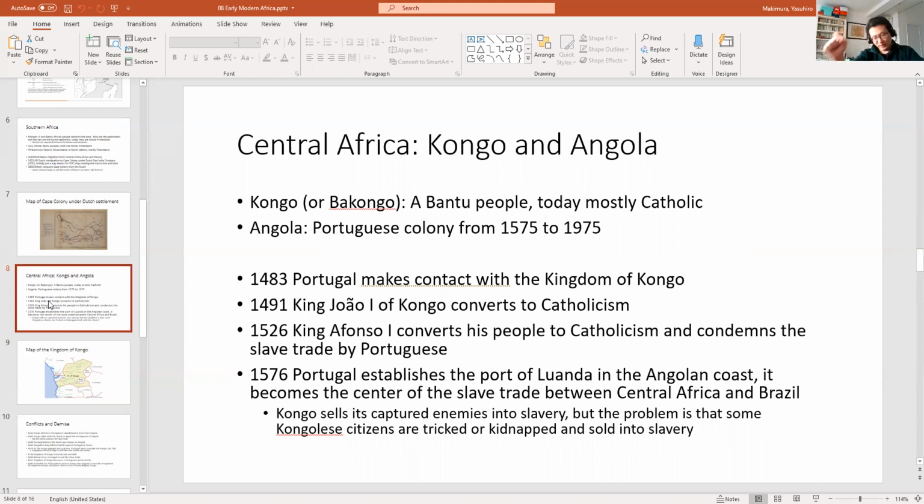So African slavery in the Kingdom of Congo and in West Africa typically worked in such a way that if you were a soldier captured in war as a prisoner of war, you were turned into a slave. Another thing that could happen is if you committed a crime, as part of your punishment you could be turned into a slave. And a third thing that could happen is that if you owed too much money in debt, then you could sell yourself or you could sell your family into slavery. And then with that money, you pay off your debts.